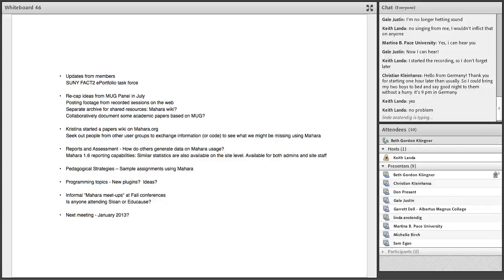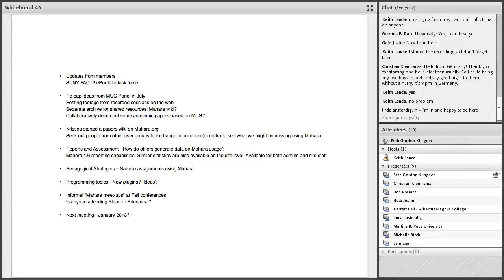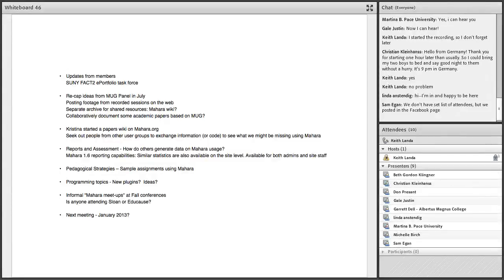And we have a good collaborative agenda that a few of us have contributed to, but we're really a very open group. So we encourage everyone to chime in and feel free to suggest other topics as they strike you. And I guess with that, we'll get started. I think our first topic is an update about the SUNY ePortfolio Task Force. And Ellen, I'm not sure if Ellen is with us, so I'll leave it up to you if you want to start with that or wait till she joins.